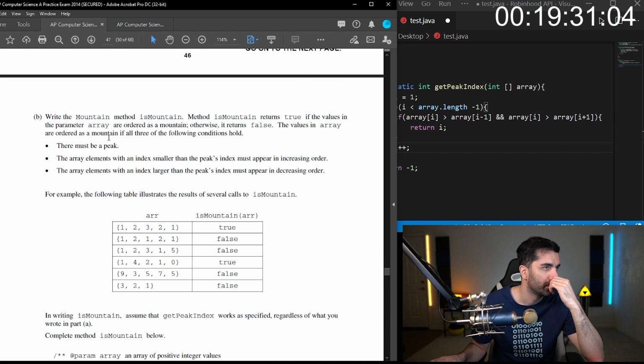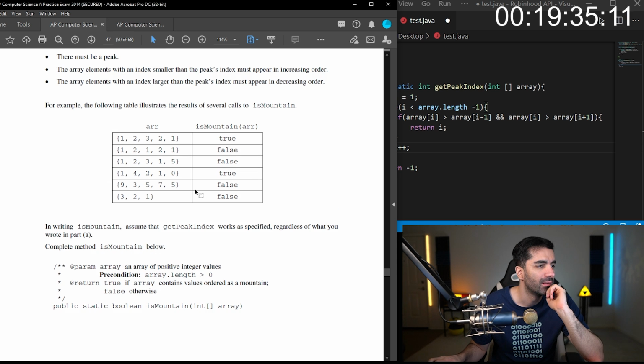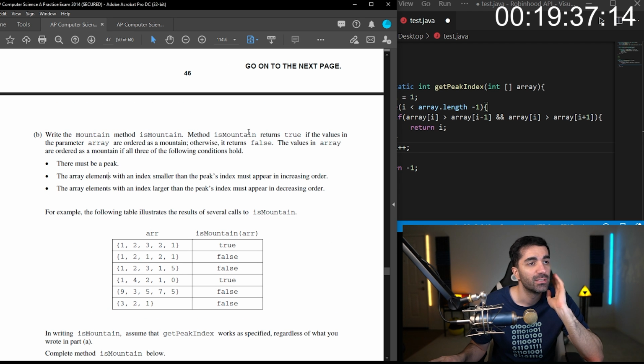So part B, write the mountain method isMountain. Method isMountain returns true if the values in the parameter array are ordered as a mountain. Otherwise, it returns false. The values in array are ordered as a mountain if all three of the following conditions hold.